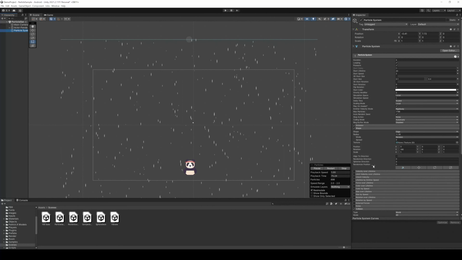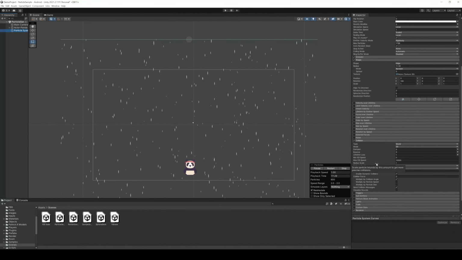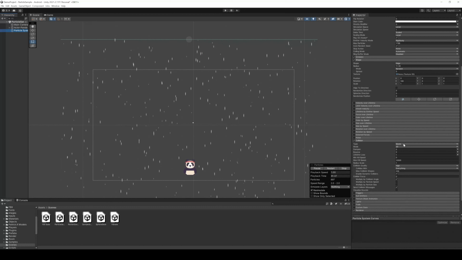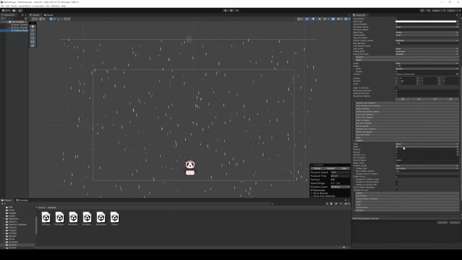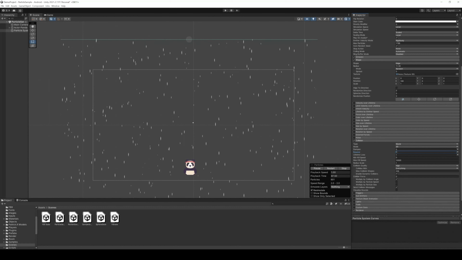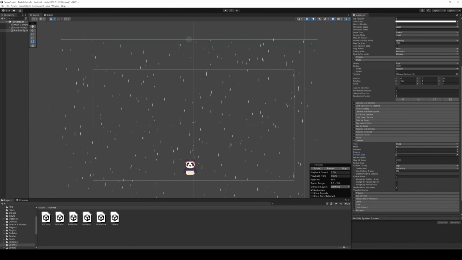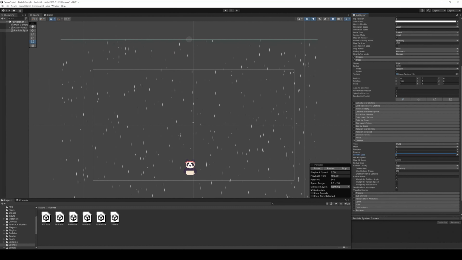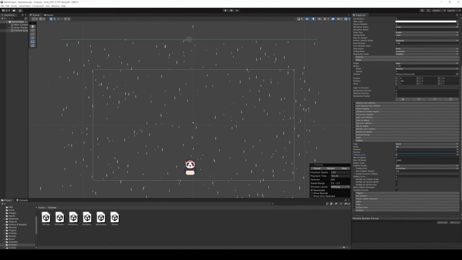First, we enable the collision. Then we set the type to world and the mode to 2D, because it's just a 2D example here. There are also some other variables here. For example, if you increase the bounce and decrease the lifetime loss to 0, the rain particles will start to bounce off the panda. But let's keep it at 0 and 1, so the particle will disappear when it hits